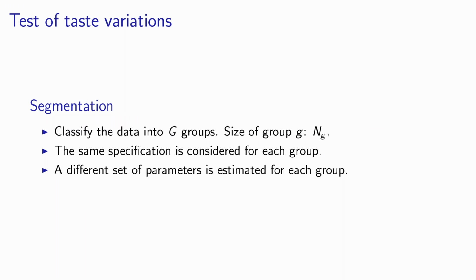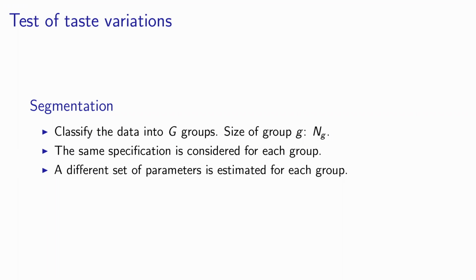We have emphasized several times in this course that it is very important to capture heterogeneity of taste. People are different, they have different behavior, they make different types of choice. So this is something we would like also to be able to test. Is it the case that people have different taste for travel time, for cost, for whatever? And we can use a likelihood ratio test to do that.